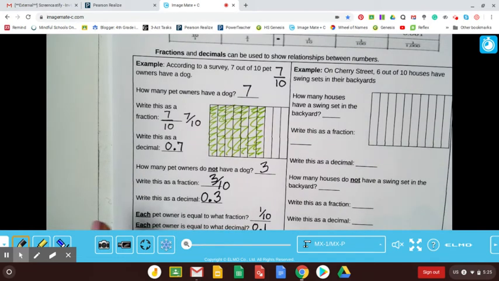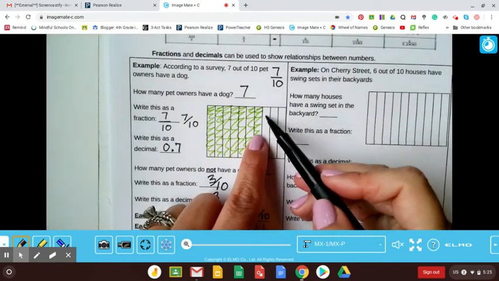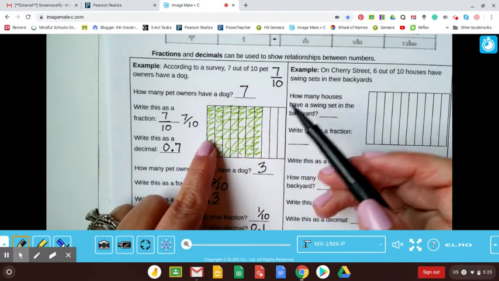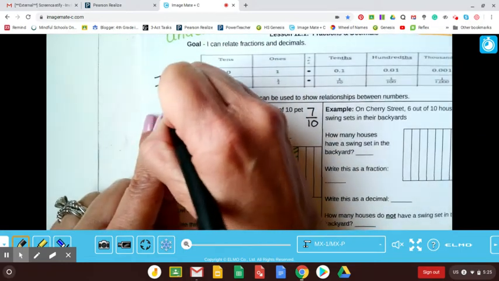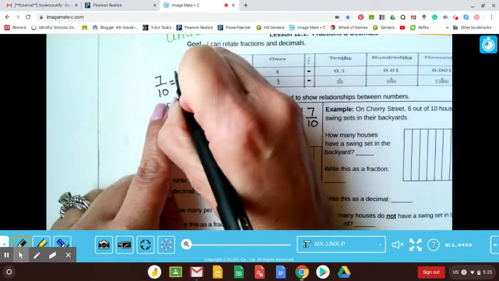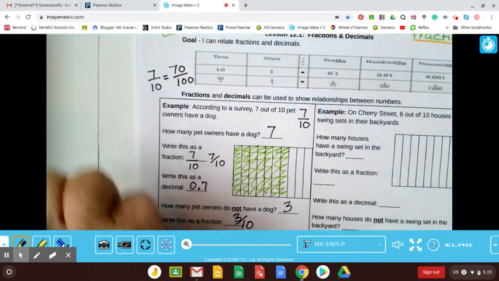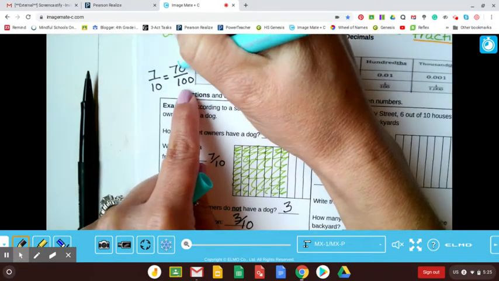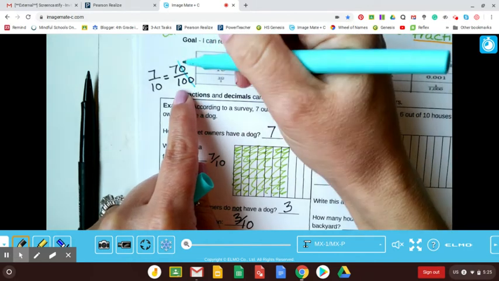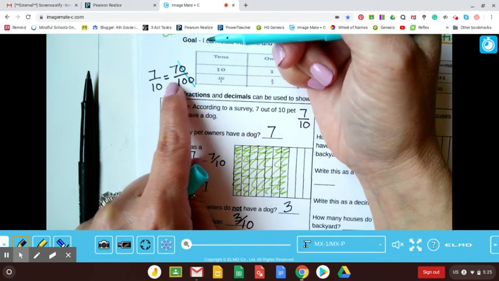All right. Now I want to just show you something here, and we're going to talk more about this concept. But I wanted to show you that 7/10 is equal to 70/100ths. So I'm going to write that up here. 7/10 is equal to 70/100ths. And I like to do a little trick that works out really well. If I look here and I cross off those 2 zeros, what do I have left? 7/10. Look at that. So 7/10 is equal to 70/100ths.